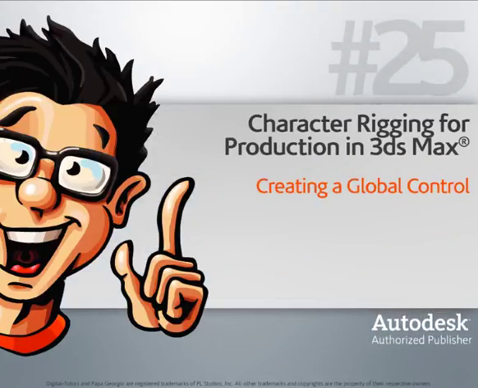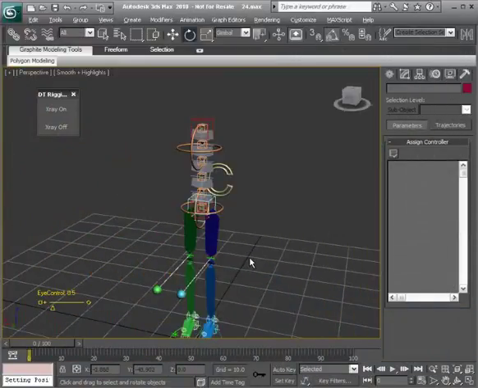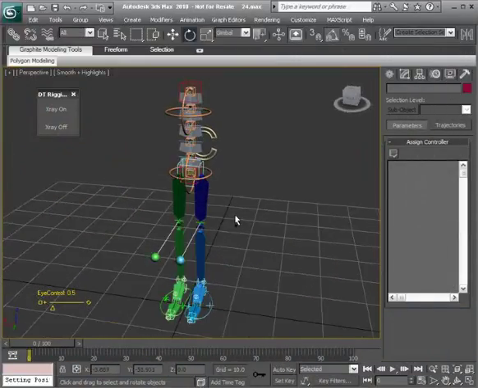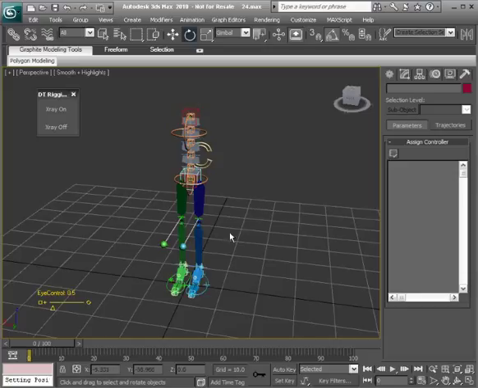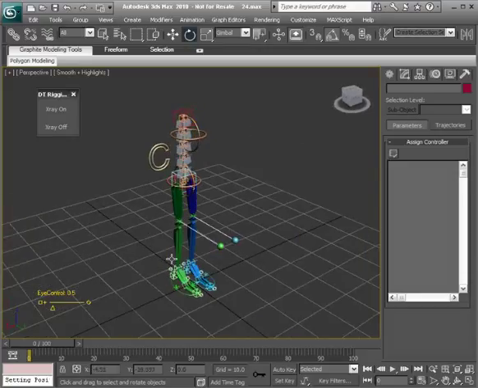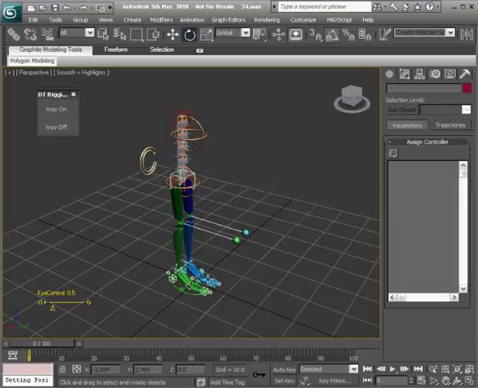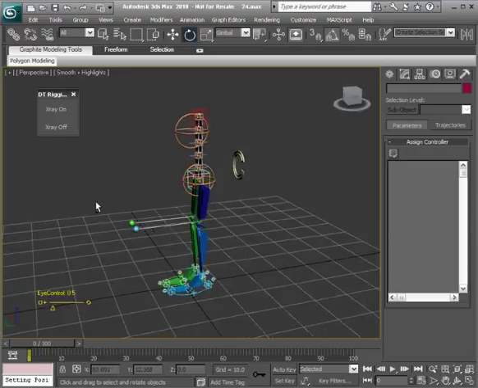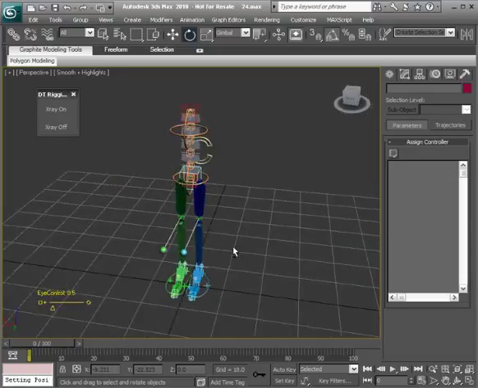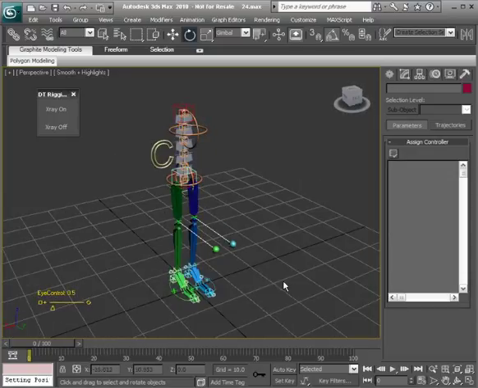In this lesson, we'll create a global control. The global control, of course, enables us to reposition the character very easily wherever he or she needs to be in the scene. We wouldn't want to select the upper body, select the feet and the arm controls, and move the character over that way. So let's go ahead and create this control and tie in what we need to